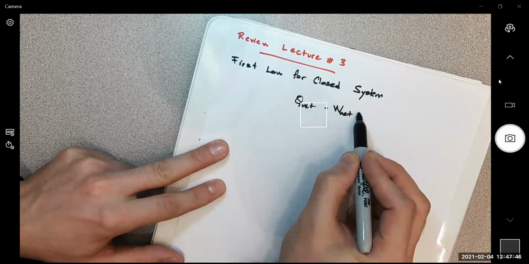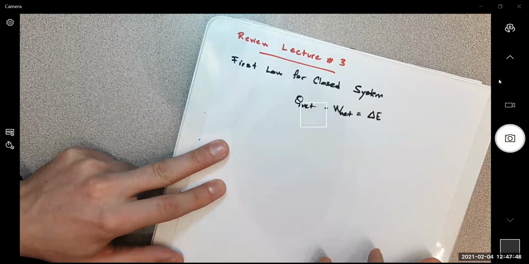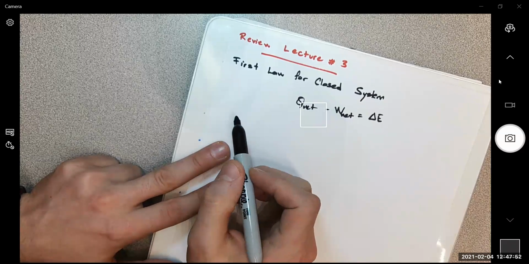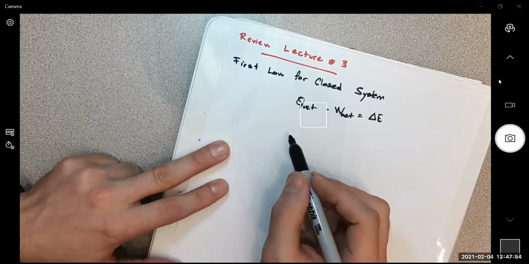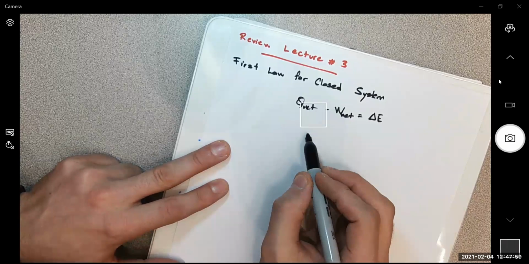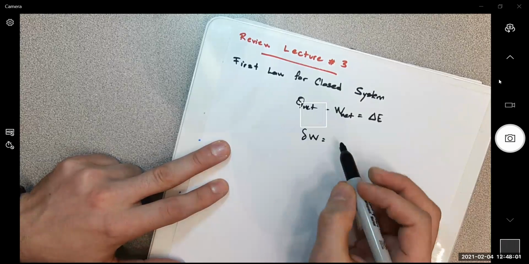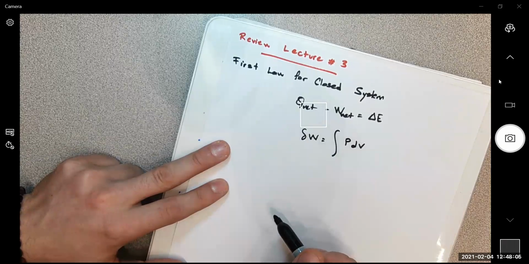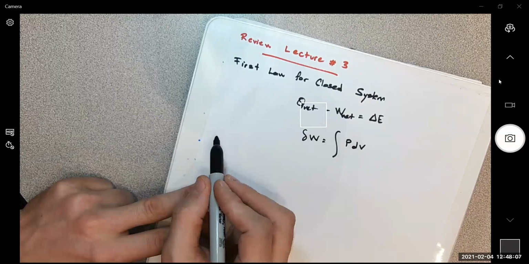Net heat minus net work equals energy stored in the system, right? And we solved a couple of problems by using work calculation. What was work? Work is the integration of P dV, right? And then we defined